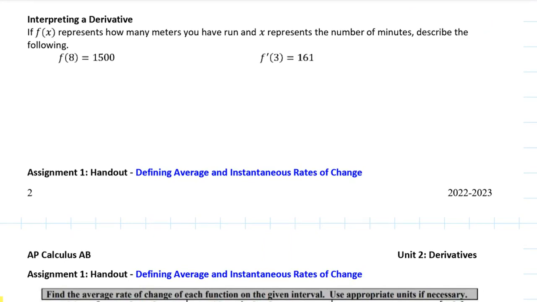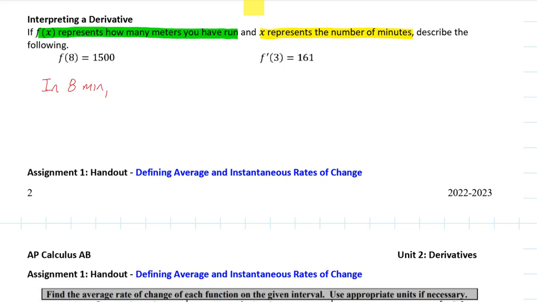Describe the following. So we've talked about this first one. What does f of 8 equal to 1500 mean? Well, in order to interpret this, we need to understand that, number one, x represents the number of minutes, and f of x represents how many meters you've run. So if you think about this, when I look at this statement right here, f of 8 equals 1500, 8 represents the number of minutes, so I could say in 8 minutes,